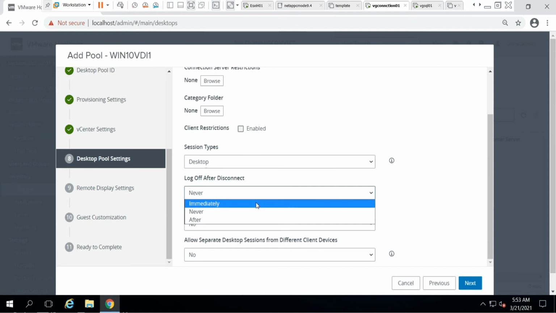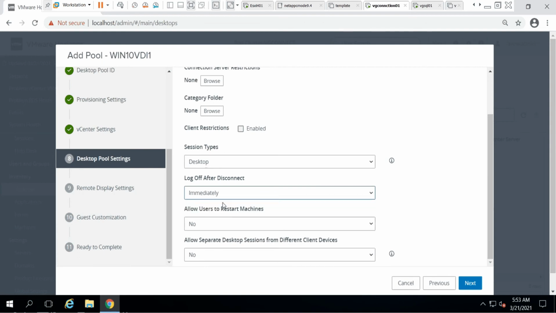Log off after disconnection, this is what we are discussing. So if the user logs off and you want to delete the VM, then select immediately. So log off after disconnect. Sometimes the user won't log off. Simply what he will do is close it directly by clicking the close button, and he won't log off his session.